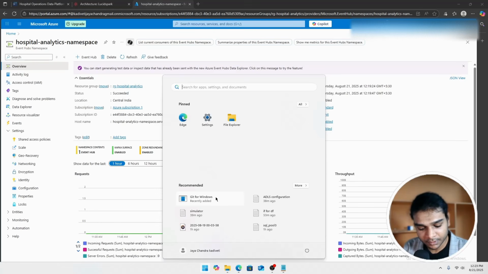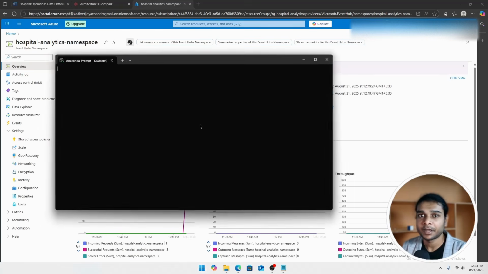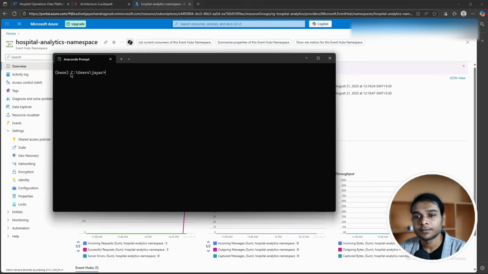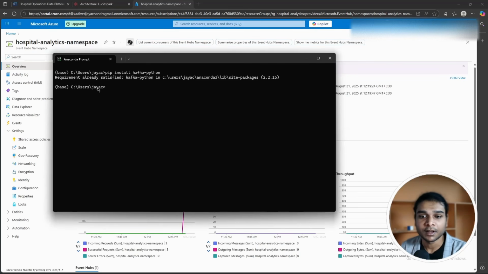Open start menu, search for any command prompt. I'm going to use Anaconda prompt. You can use command prompt as well. See, we stored our .py file in this location. Before running the file, you need to make sure your system is installed with Python and also Kafka. After you install Python, hit pip install kafka-python to install Kafka. If you already installed, it says requirement already satisfied. Mine is already installed. And after that, you need to click Python